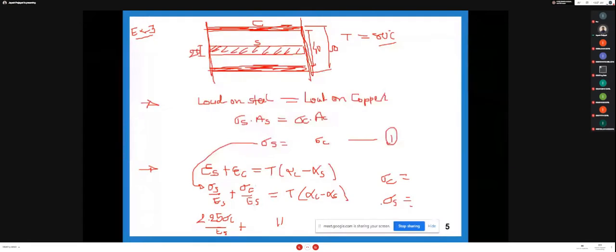So just solve this, you are getting the stress value. So I hope all of you clear now. So just do this and give me the answer. First of all, give me what is this ratio, then putting here what is the stress value. So all of you do it now.